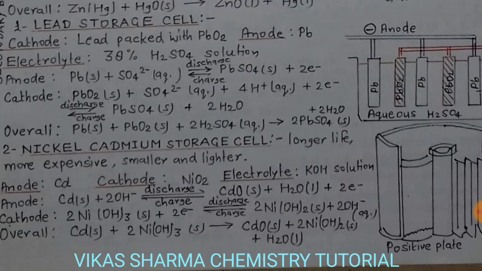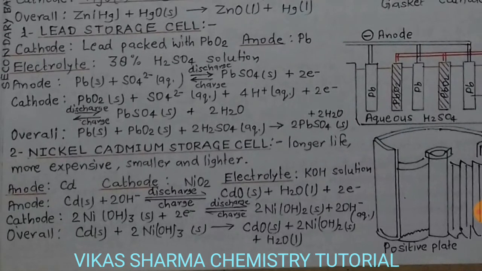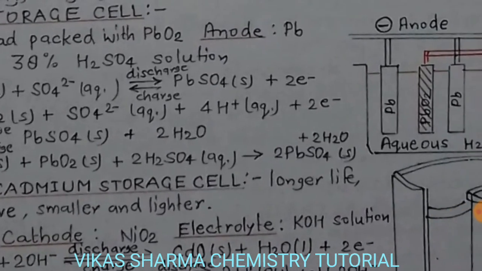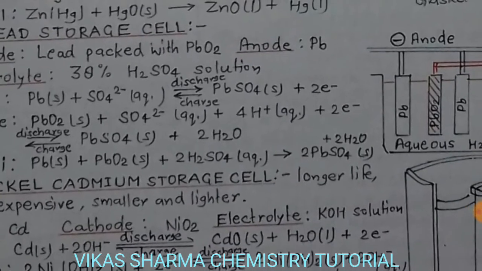Cathode is lead packed with lead oxide, PbO2, and anode is lead itself. Electrolyte we use is a 38% H2SO4 solution. At the anode the reaction is lead plus sulfate ion. In the discharge condition they give lead sulfate and 2 electrons, but in the charge condition the non-spontaneous reaction is converted into